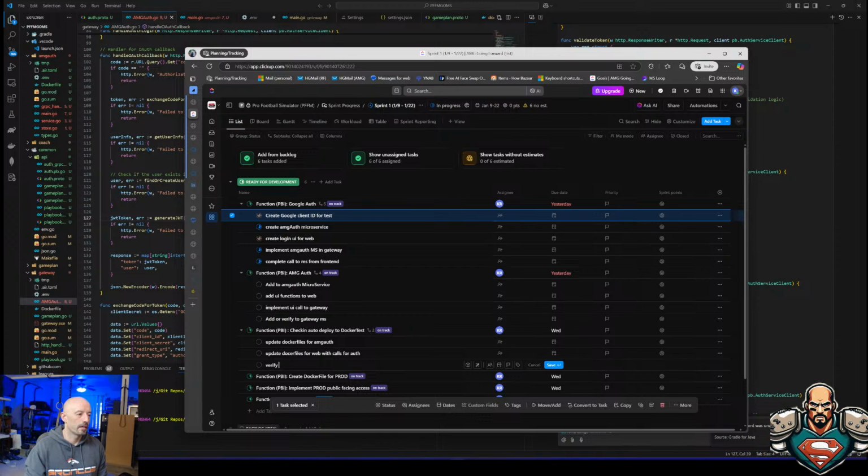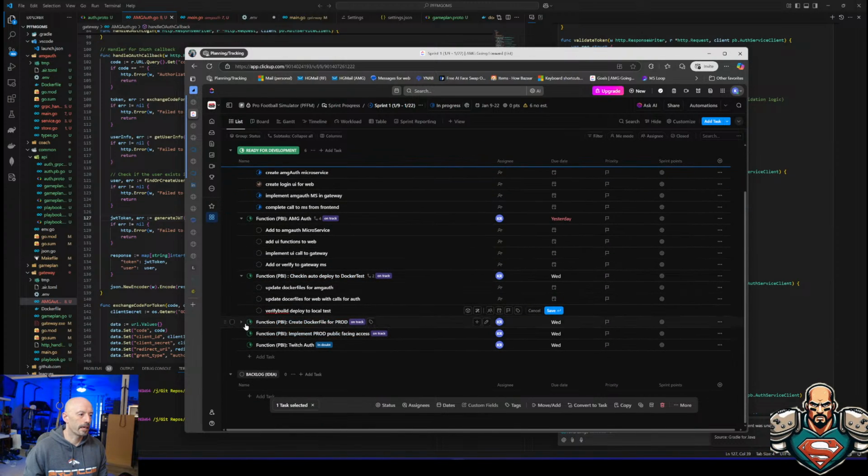Verify build. Deploy test. All right, and then this one's going to have, I need to do things like, that one's pretty straightforward. Let's create a Docker file for prod.